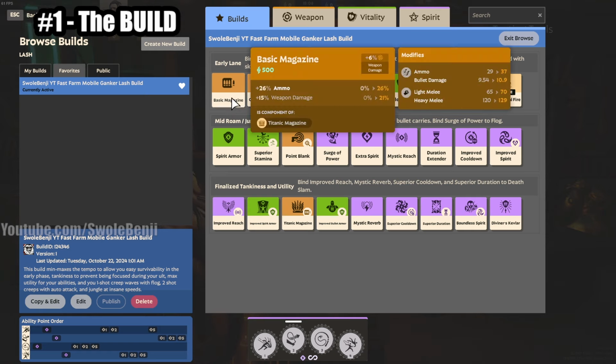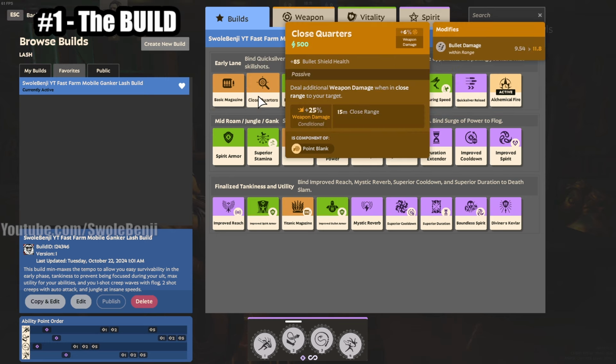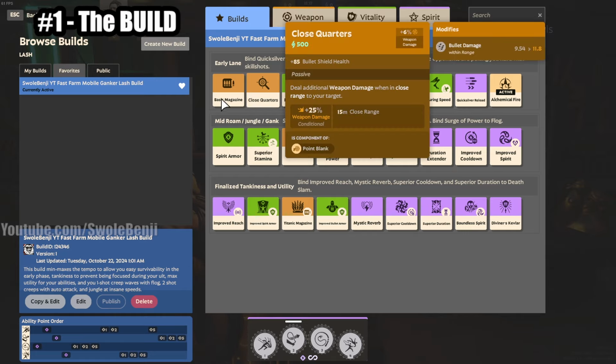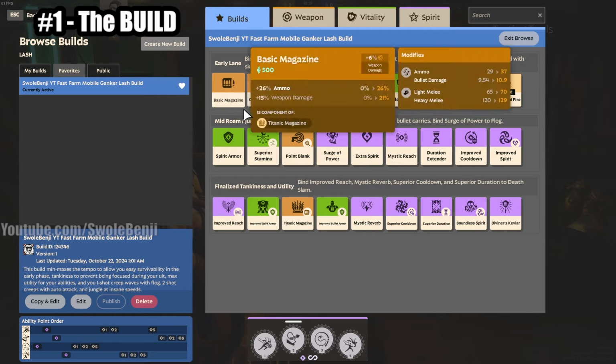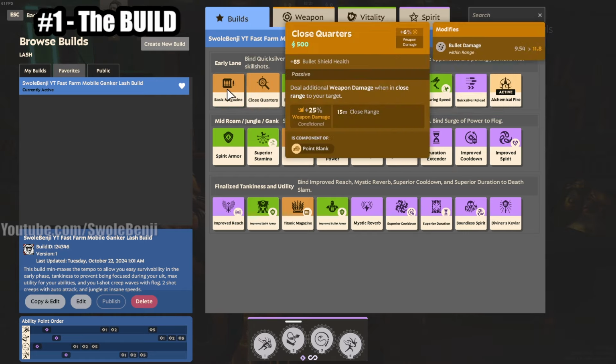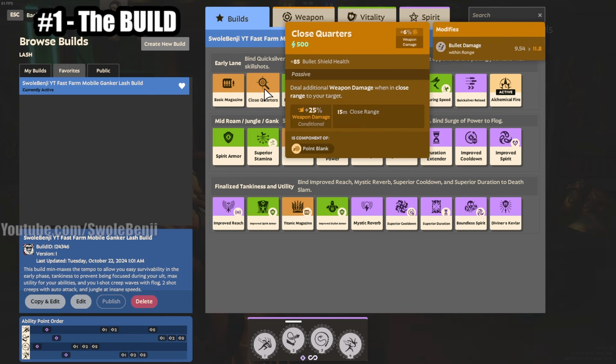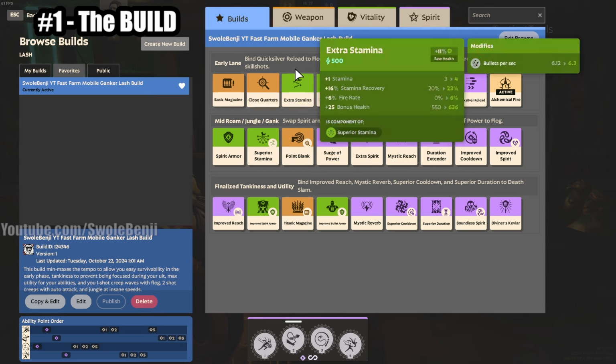But essentially, this will give you more ammo and more damage to last hit creep waves, push the lane if you need to push against certain comps, and at this point, again, you don't really need bonus health or defensives. It's always best to go offensive first. Also, the bullet shield health from Close Quarters really helps, and we do build off of these items,